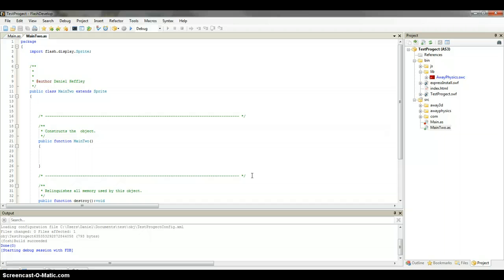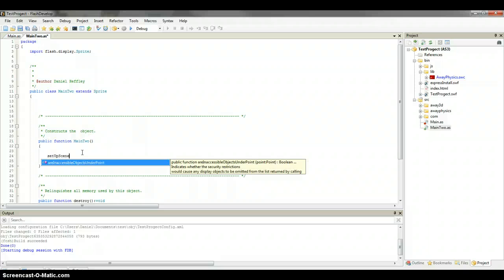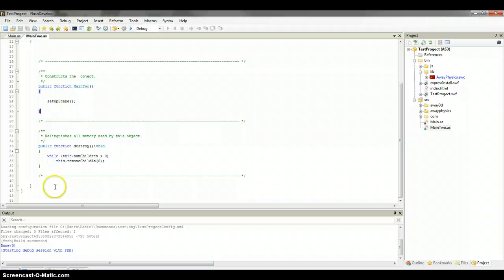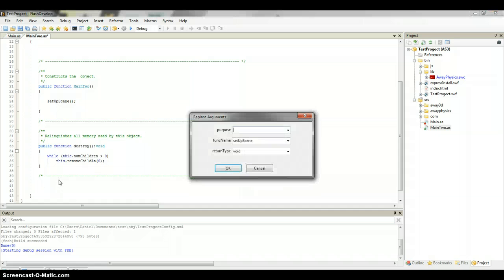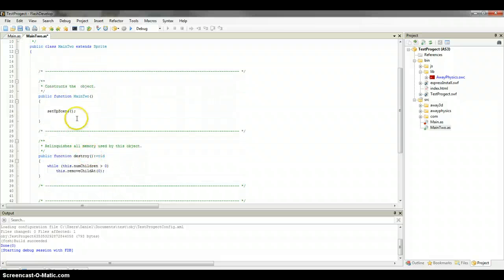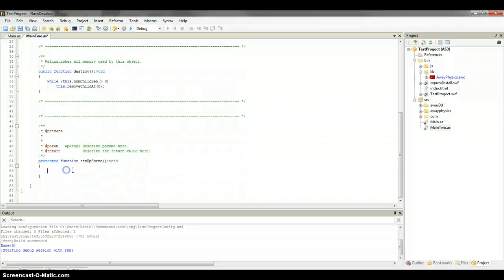So here we go. I'm just going to do a quick thing to help you guys figure all this out, so you're not banging your head against a wall like I did for a while. So to start, I just did a quick setup scene method because it's always nice. Let's put it after the destroy. Set up scene. I'm not going to be super detailed on everything. Okay, so for setting up the scene,